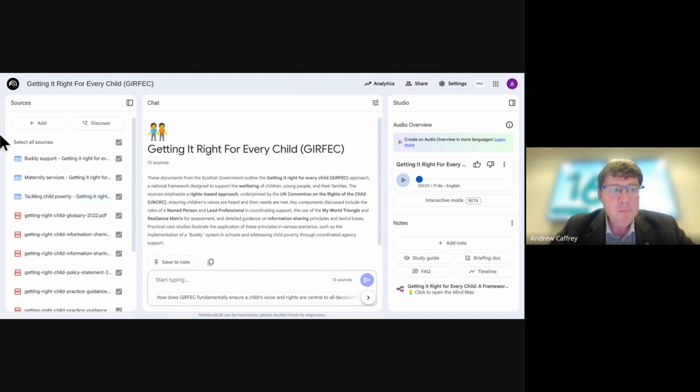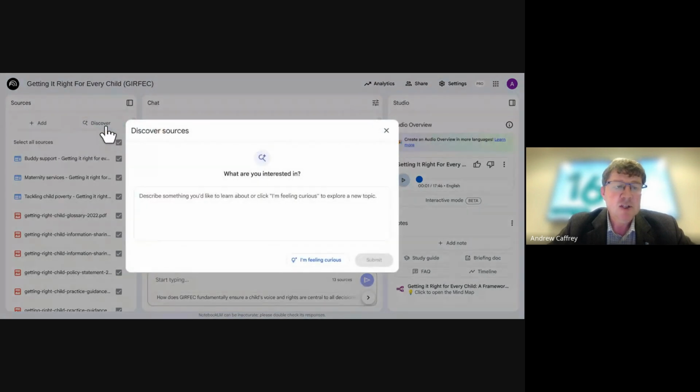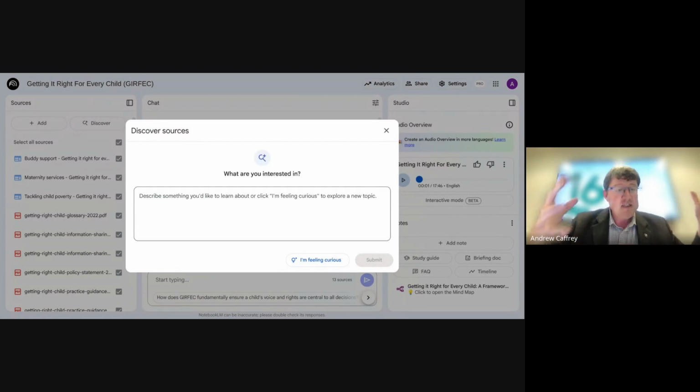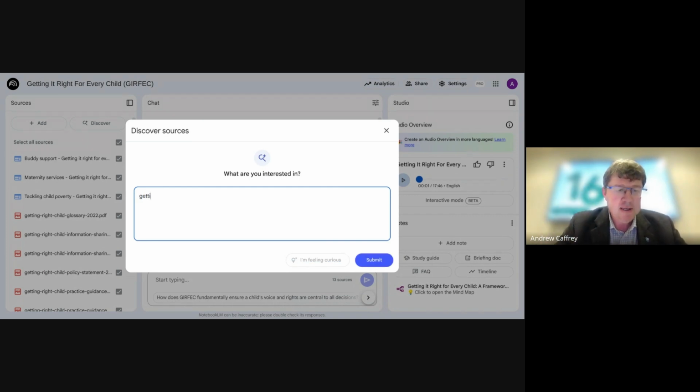Now, you'll notice when I put multiple sources in, as it starts to get the idea of what I'm creating, I get this button at the top called Discover. And Discover allows me to actually go and find further information. So if sometimes I'm trying to build an expansive notebook, and maybe I haven't got a lot of information myself on a topic, I can also discover wider sources. So I'm looking at Getting It Right for Every Child